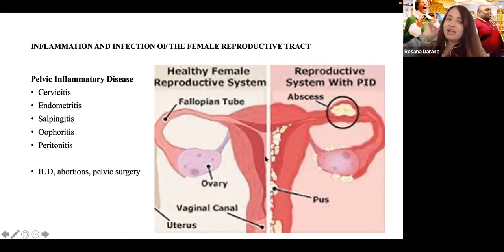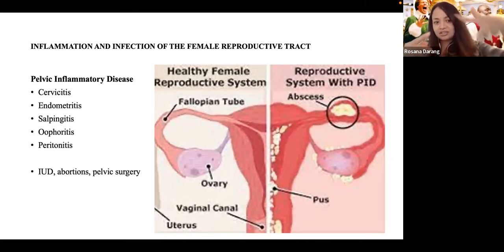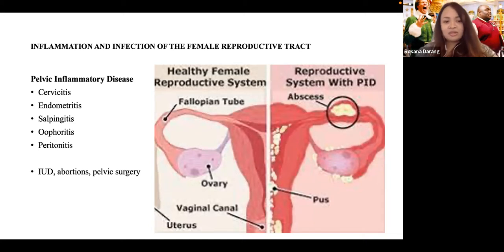Okay, the risk factors for PID include IUD. If you remember, IUD is that little T-shaped device that's inserted inside the uterus, but not so much anymore with the advancement of medicine. It used to be a common complication of IUD. Abortions can also cause pelvic inflammatory disease, especially septic abortion. You know what they call basement abortions, where they use contaminated equipment. And of course, pelvic surgery, and that could be a lawsuit, if they did not follow any antiseptic